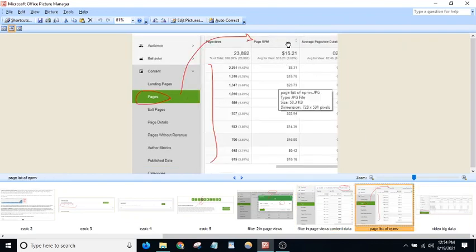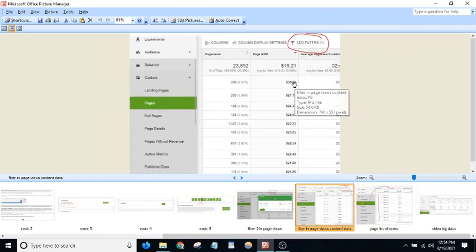You also need to click here, on the arrows. First it will show like this. To arrange this in higher order, you need to click here, and it will show like this. The higher EPMV will be at the top and the lower at the bottom. This is how you will find the content which has high EPMV, so write content around it.